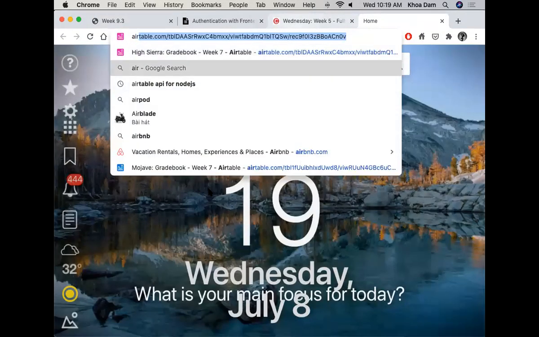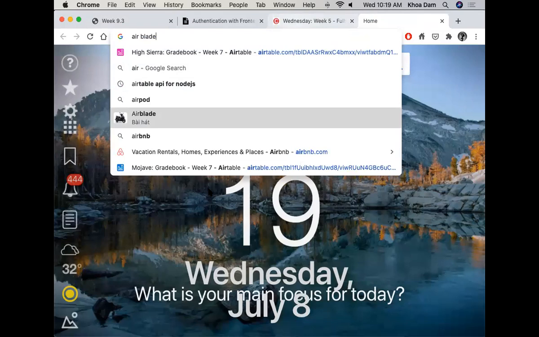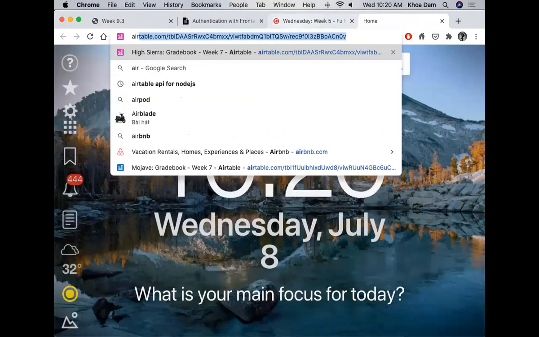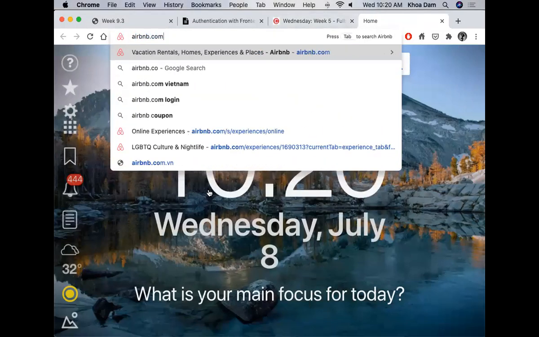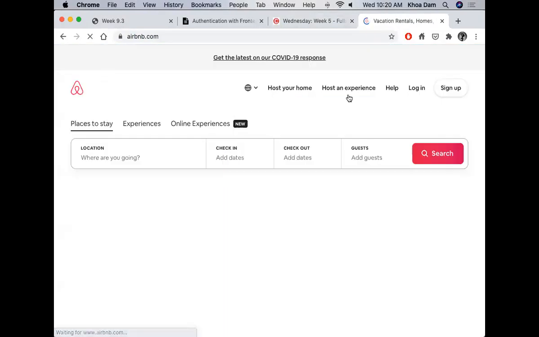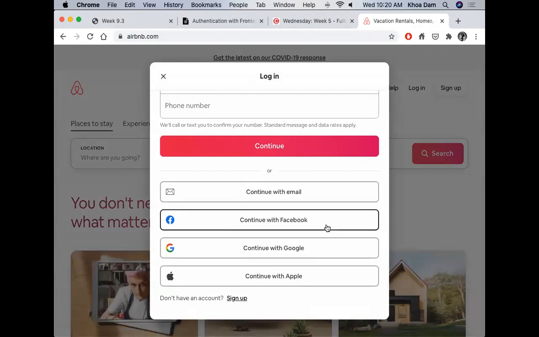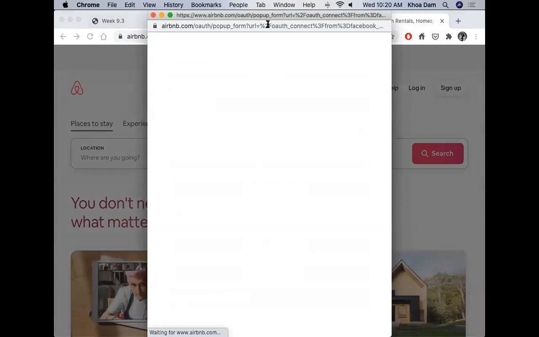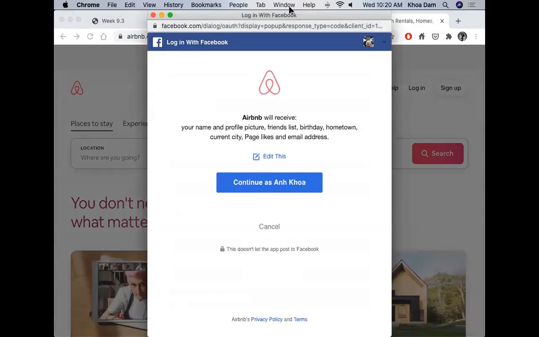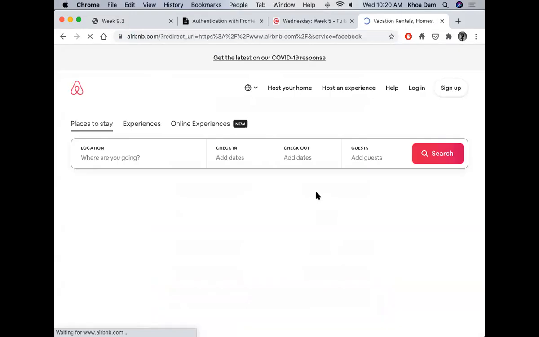airbnb.com. Right, when I log in here, there's a modal, a pop-up, right? And when you click on continue with Facebook, there's another pop-up. This is a pop-up. That was the modal. This one is a pop-up. When you click on continue as yourself,